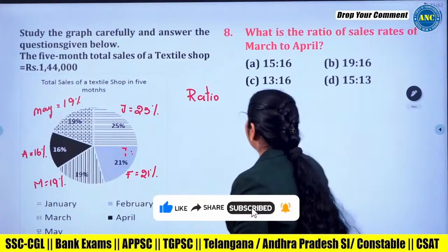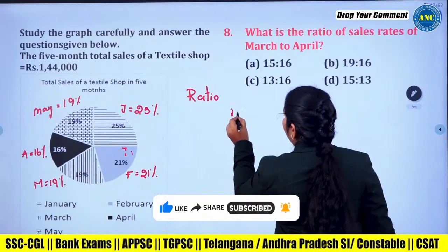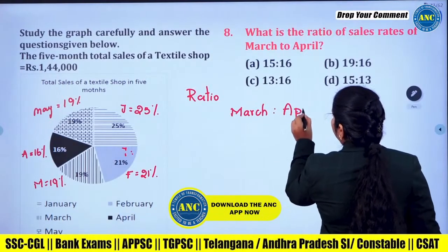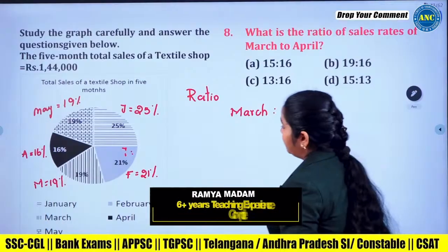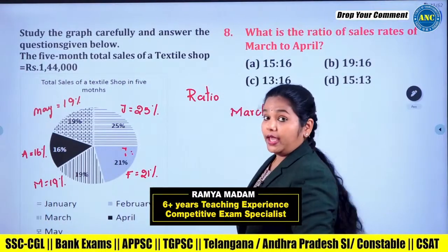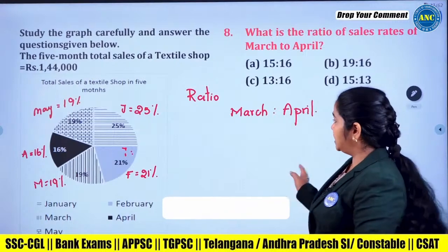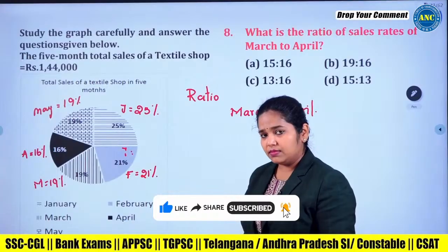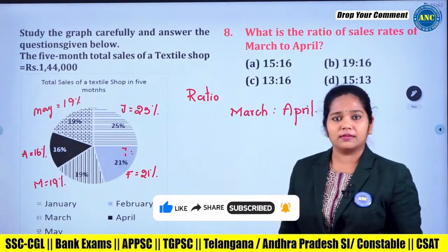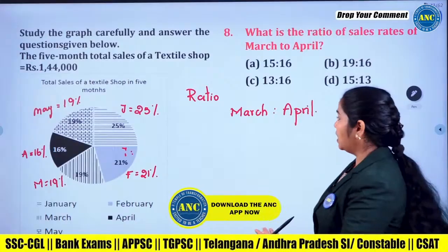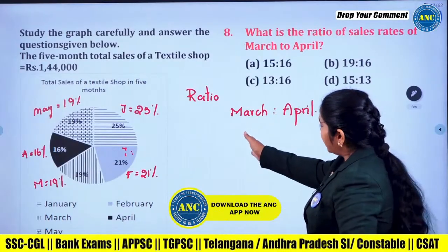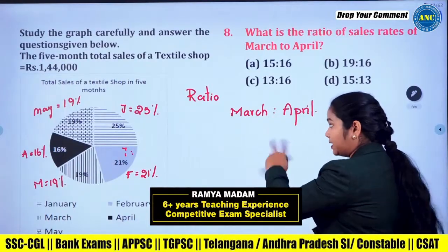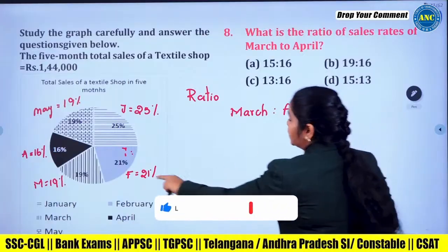Now, what is the question? They are asking us to take the ratio of March to April. You all tell me how to do this. Should we take percentage value into total value by 100, or we can just take the percentages? We need not take the total value here, because here also we will get the total value, here also we will get the total value. See, I will show it. First thing, March is 19%,